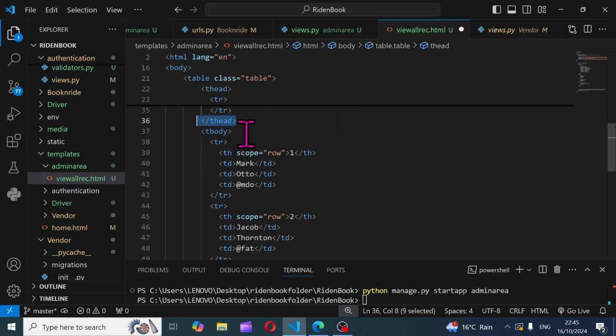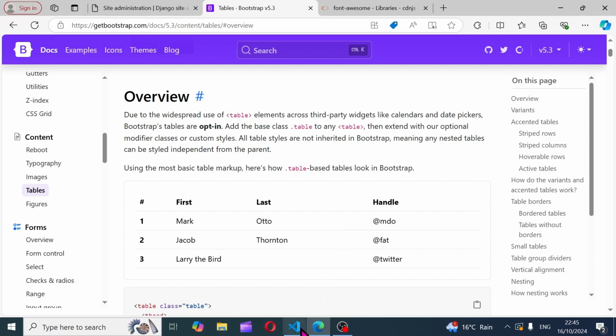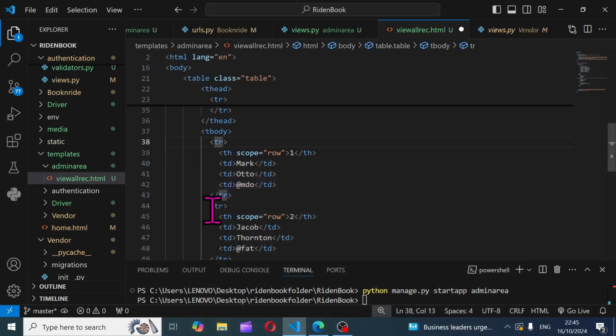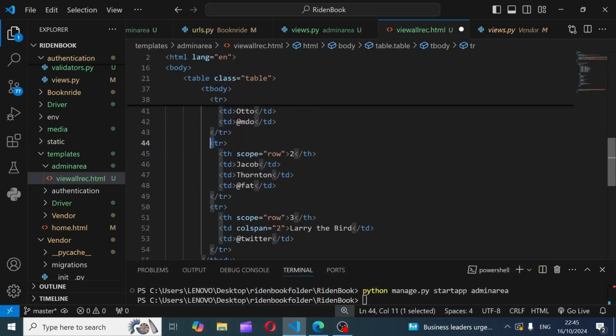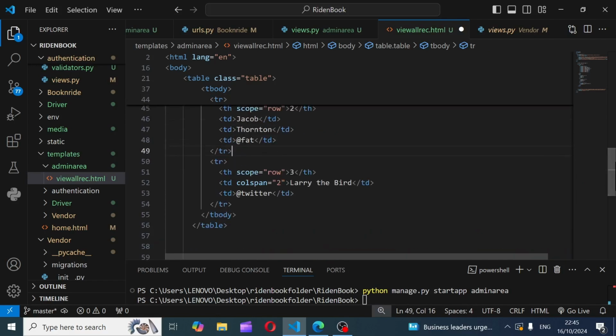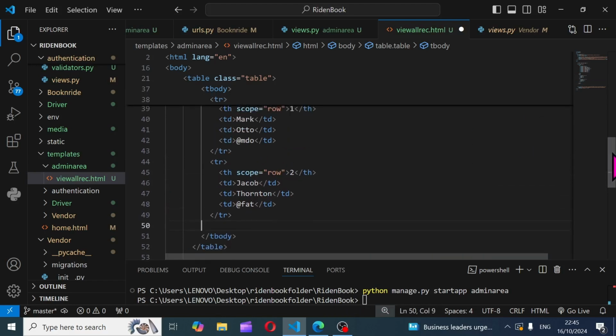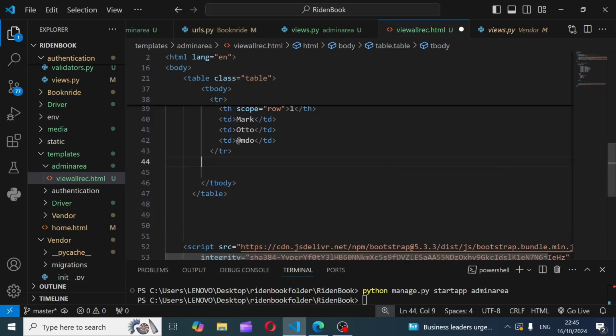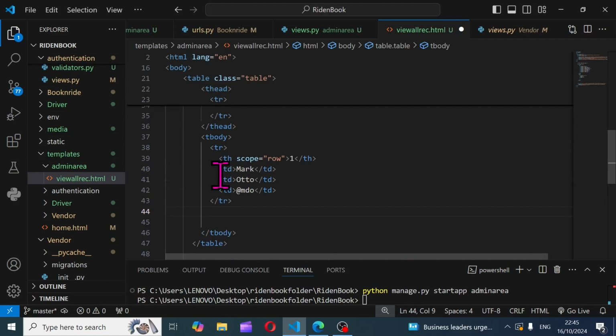Now we have the table body. The table body, we have the first table row. This is the first table row as mdo. This is it. This is the first table row. And then we have the second table row, which starts from here and then ends here. And then we have the last table row, which starts from here and ends here. Now you want to remove this last one, delete it, and you also want to remove this one as well. Delete it, and then inside this table data,